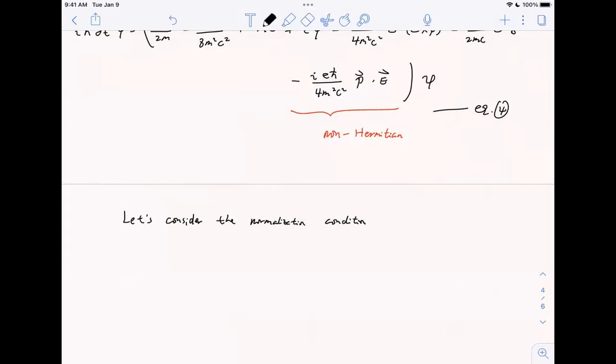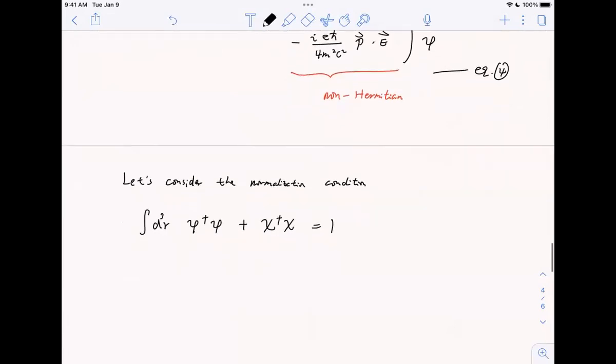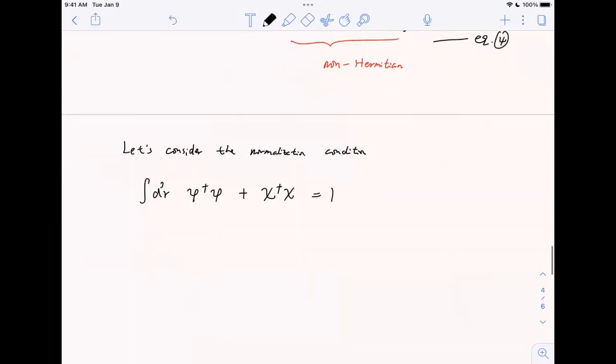When you have a normalization condition of a 4-component wave function, you need to deal with both components. So this one plus this one needs to equal 1. If you only have this part equal to 1, that is not normalized. You still need to have this part. So in a leading order term,